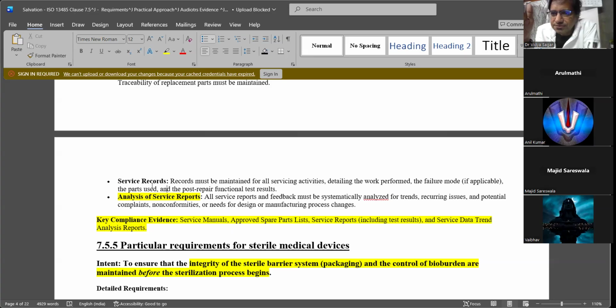If the spare parts are changed every day and there is some problem in servicing the machine day in and day out, it means the machine is not doing well. You need to have it recorded, do the trend analysis, and a CAPA for why it is happening.